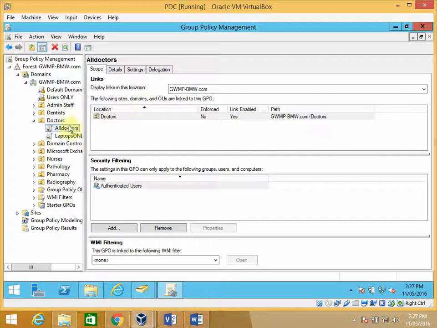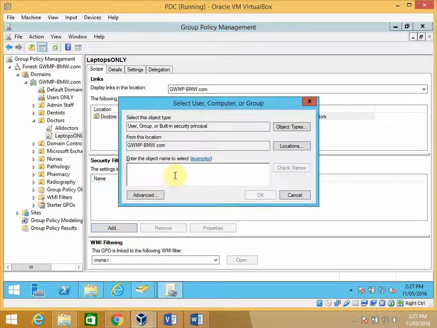Now, one thing I would like to just mention, on the All Doctors group policy, we'll note that it's against all authenticated users in this organisational unit. The laptops only policy, by default, when we create it, is the same. But what we want to do is remove this and add in only